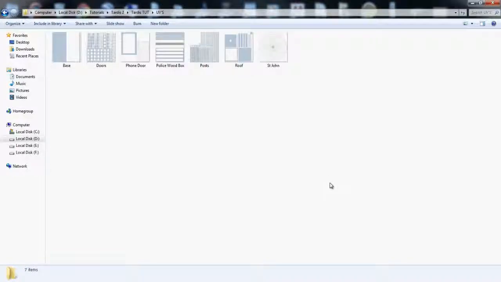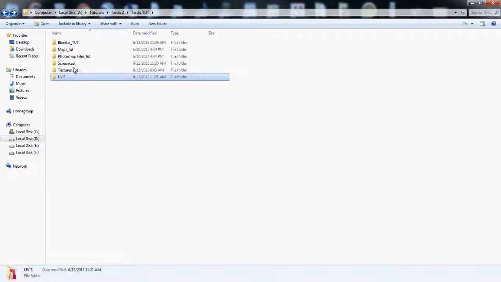Hey everybody, this is Rich here once again, and welcome to part 3 of the TARDIS modeling tutorial series. In this video, we are going to start texturing with our UV layouts, and so we're going to get started on that. We got our UVs here from our previous video, and I'm going to go into another folder here,